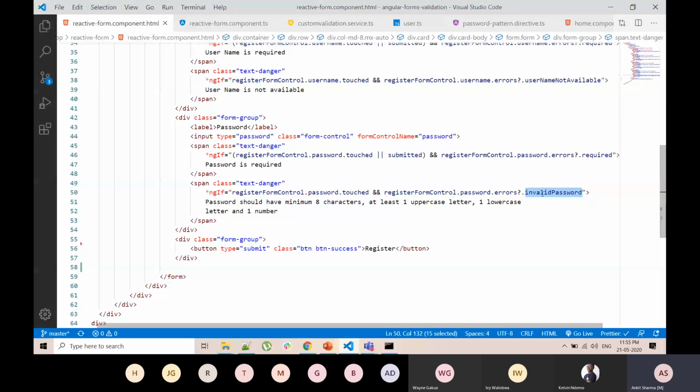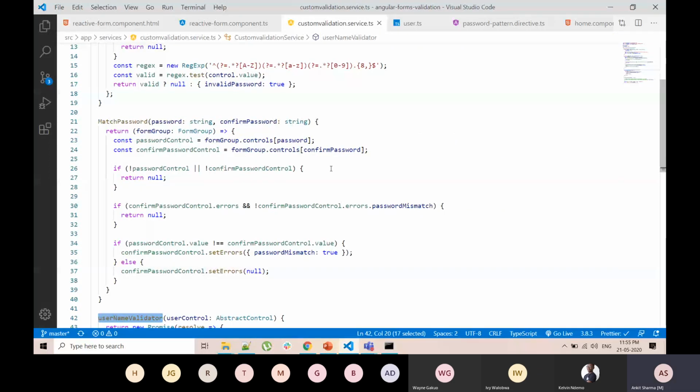And here you can see inside the match password method, we are setting the password mismatch to true. So if this match password method is called and the password match fails, then the password mismatch is set to true. At that point of time, the check will fail.